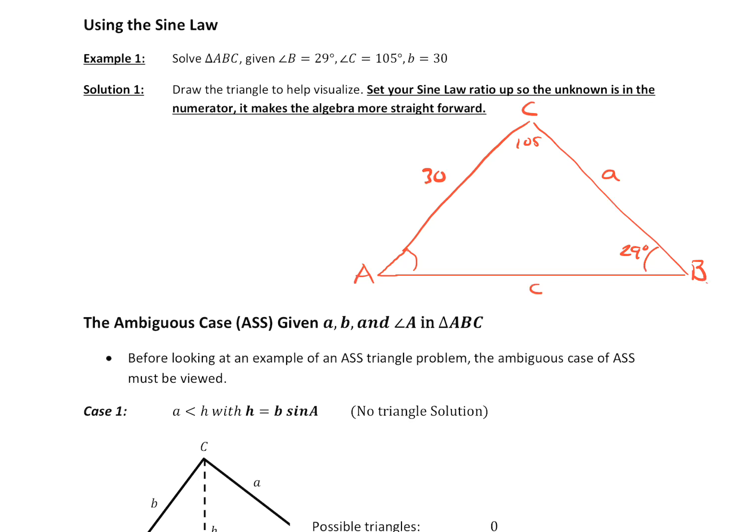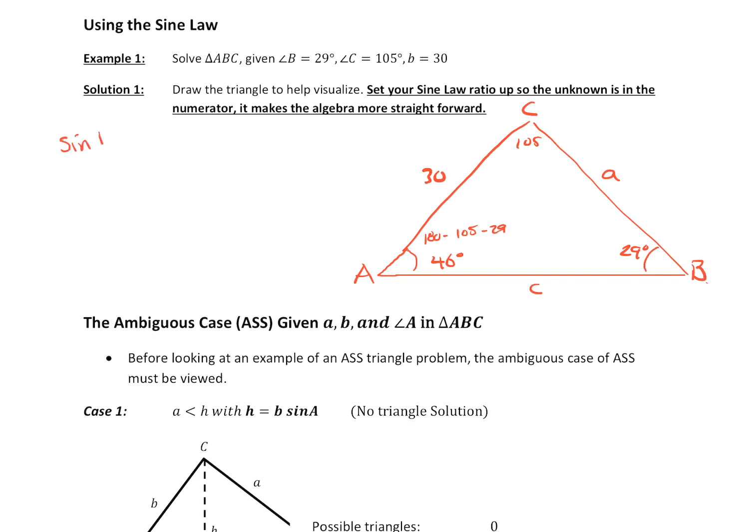So we're just going to use the sine law, right? We can solve for angle A. Angle A is 180 minus 105 minus 29. So what's angle A? Angle A is 46 degrees. So now you can use the sine law. And this is why I showed the flip, because if you did the original, you would go